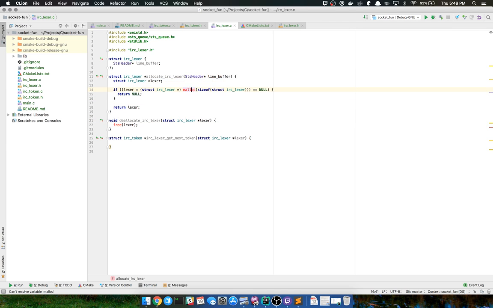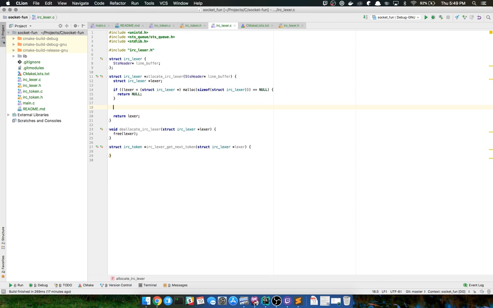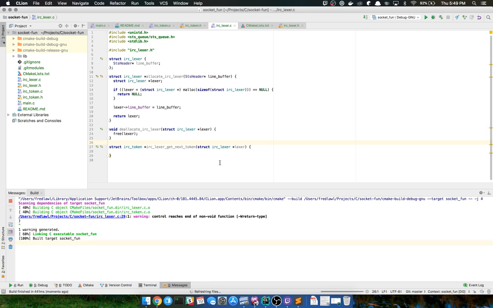Even malloc is not included, so I'm just going to go ahead and include that. And we're going to assign the line buffer. Line buffer equals line buffer. Sweet. And do a quick compile, make sure it's all working correctly. This needs to return something, so. And that should work.